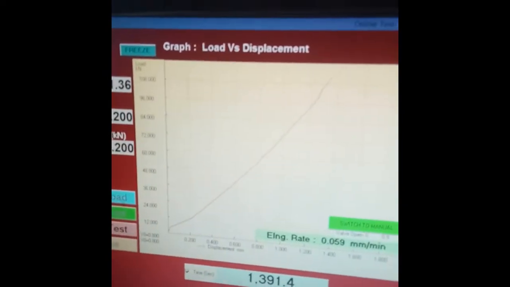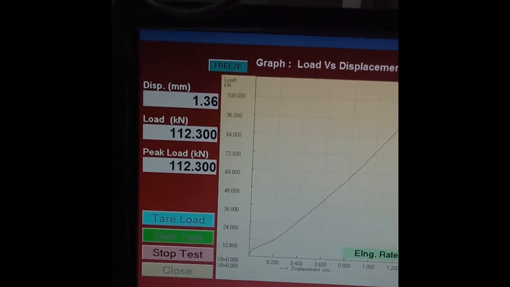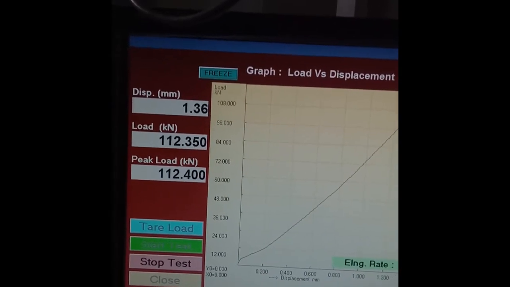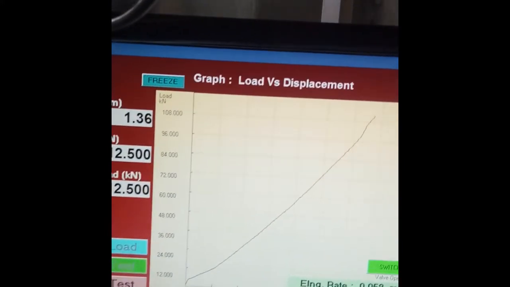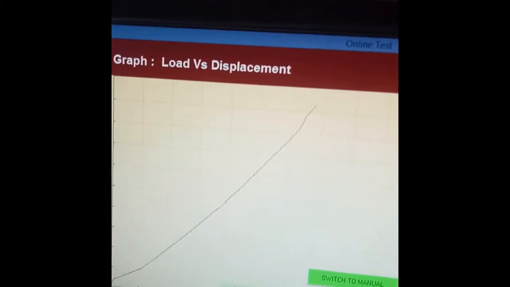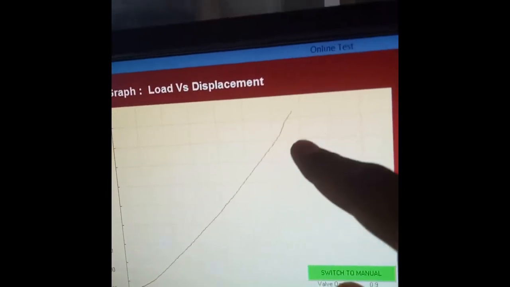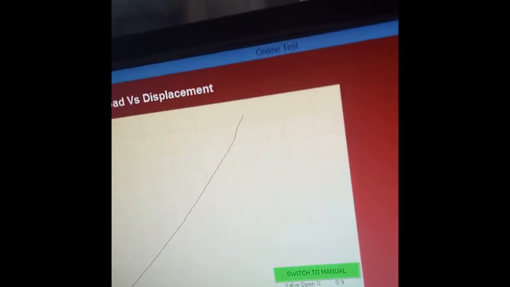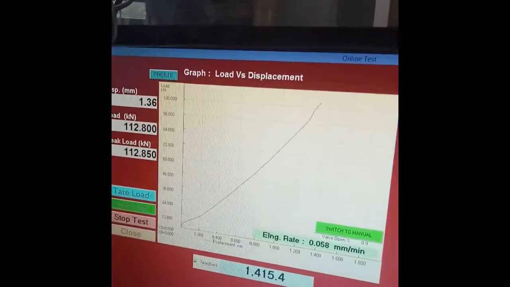Now you can see this reading. The load here is 112 kilonewton, which is approximately the yield load. And the curve is slightly diverting. So somewhere here it has reached yield capacity.